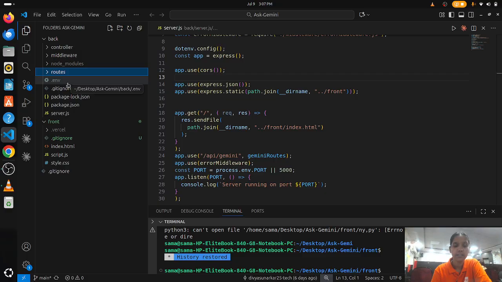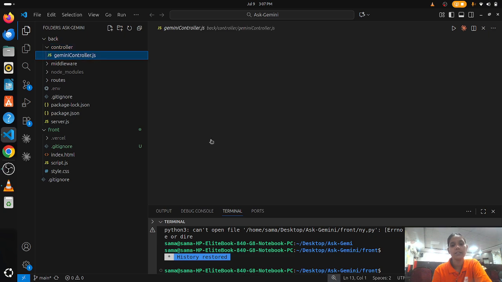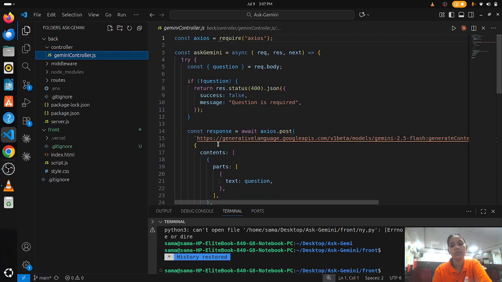The .env is a file, and server.js is also a file, and package-lock.json, package.json, and node_modules are installed by npm.